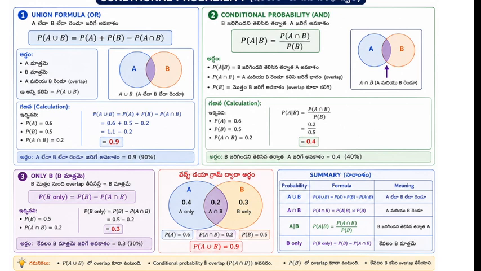So when we have to calculate such events, since these are not mutually exclusive events, and drinking coffee doesn't affect the drinking of tea, and drinking of tea doesn't affect the drinking of coffee, when we have to find the probability of drinking coffee or drinking tea, we have to remove the overlapping region, because if we directly